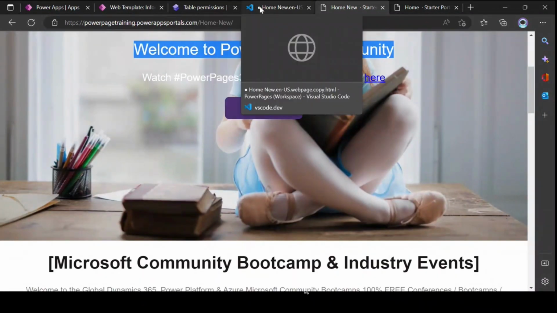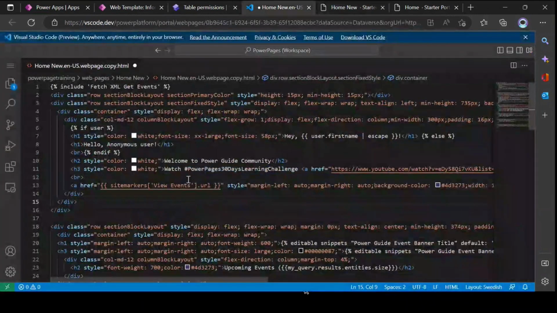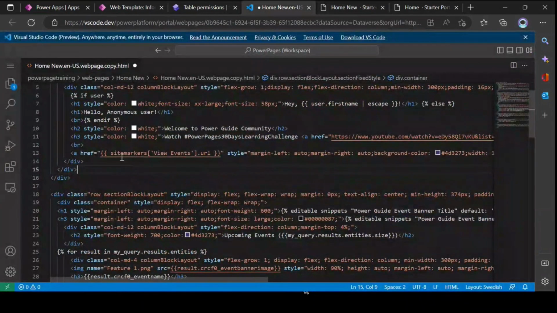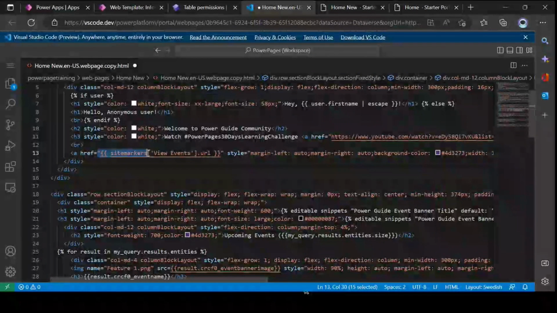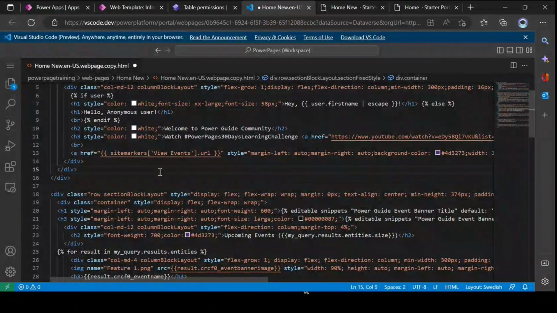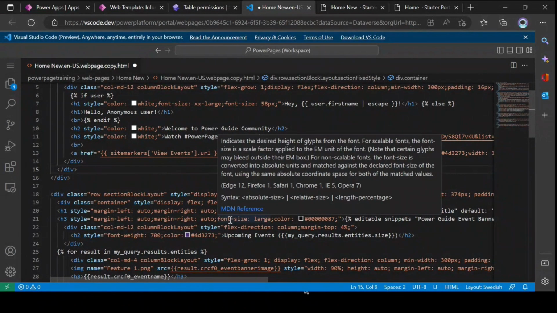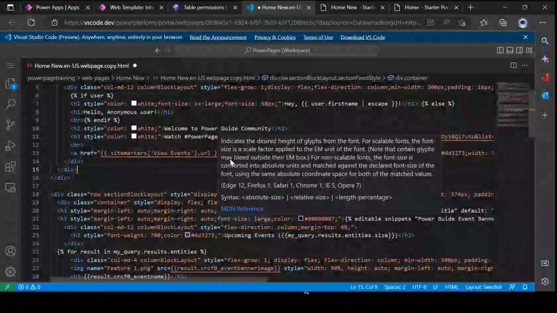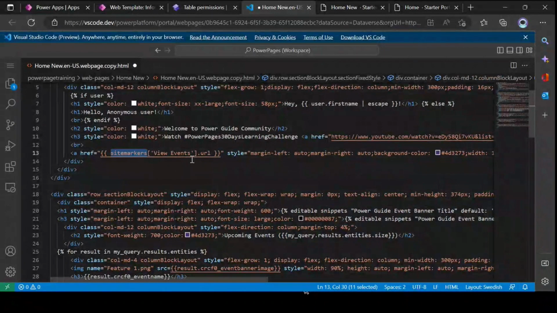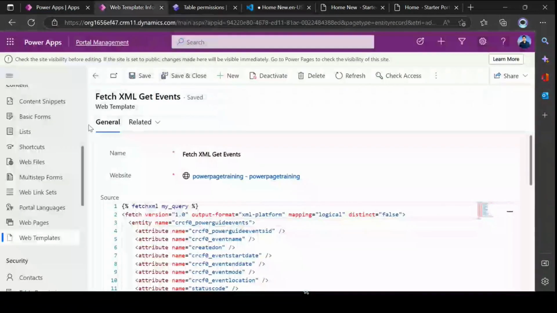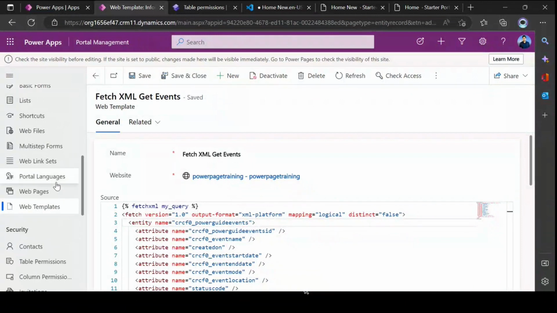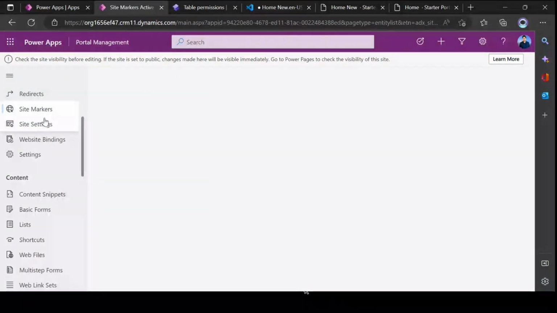Okay. All right, so this is about that. Now I'm also using site markers here. I've also discussed site markers in my components video, where I discussed all the components. A site marker is basically a component which is linked with your web pages. Okay, so if I go to my portal management tab and look at the site markers in the